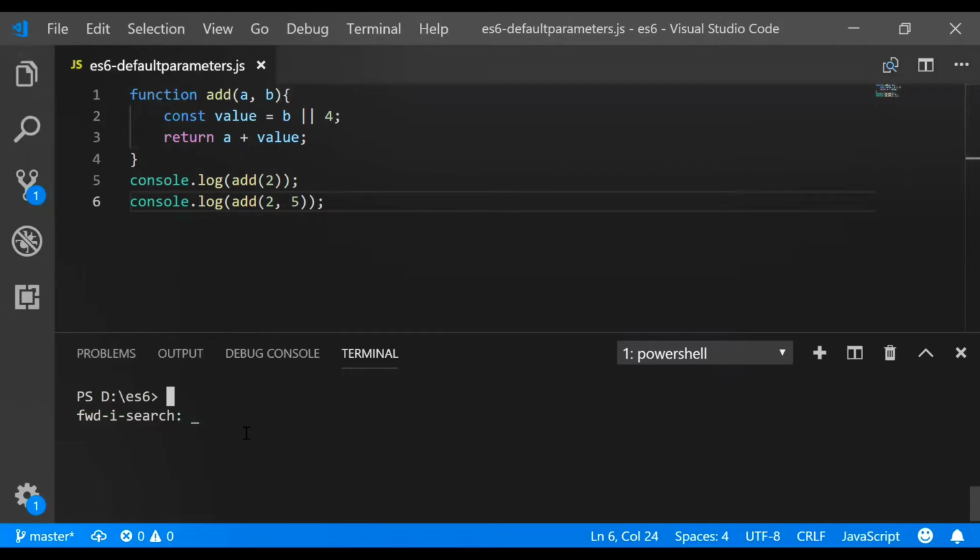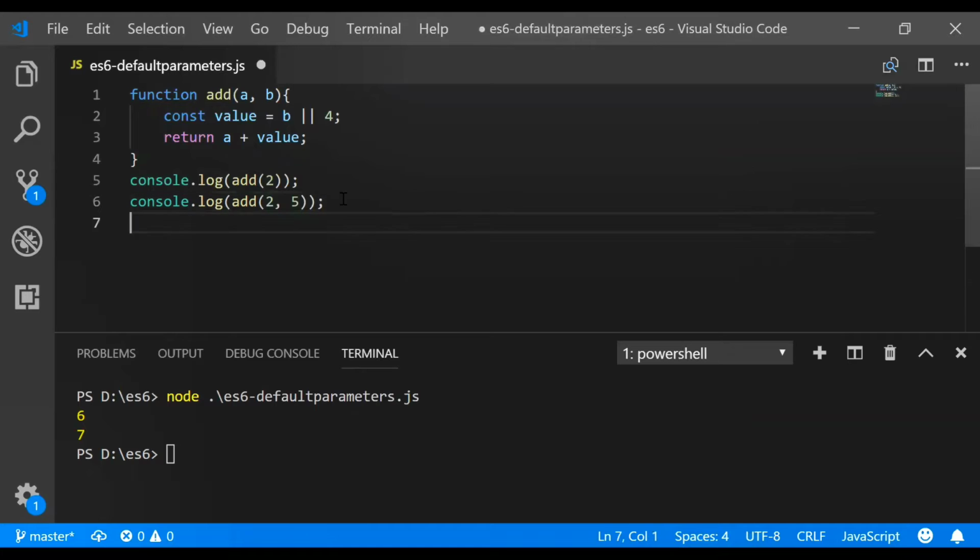In the first, we are not passing any value to b, so it will take b's value as 4. That means if the value of b is not present, it will take 4. Adding 2 plus 4, we got the result 6. Similarly, adding 2 plus 5, we got the result 7. So this is how we used to deal with it when we didn't have default parameters.